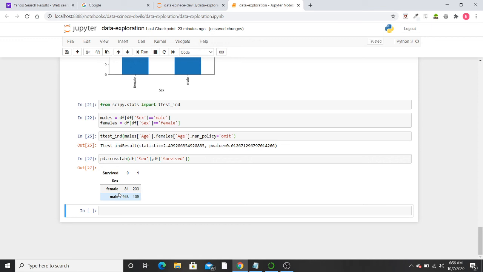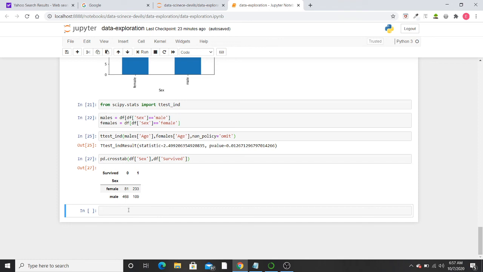If we have to do this in Excel or manually, then it would cost us months or even years to find out the survival rate of both genders, but Python simplifies this and data exploration simplifies this. So that's why data science or data analysis is becoming a huge field and a huge market.